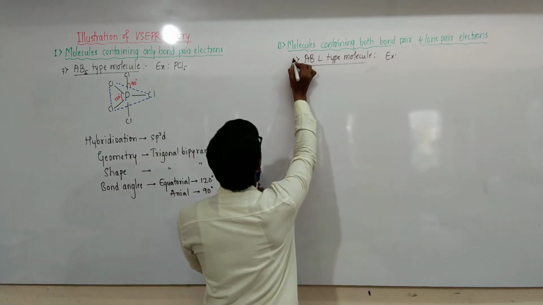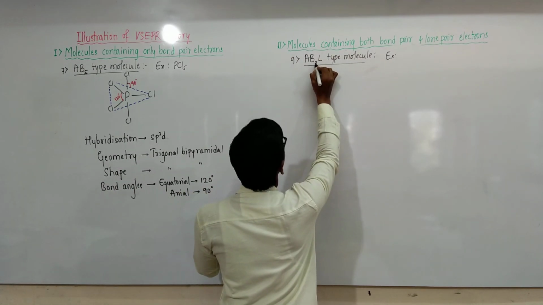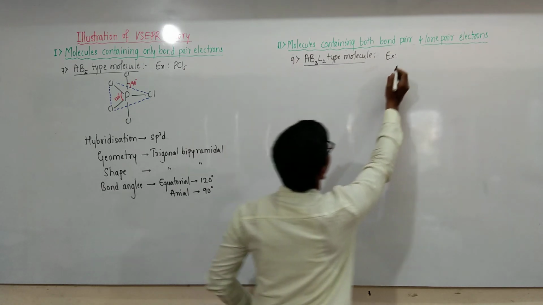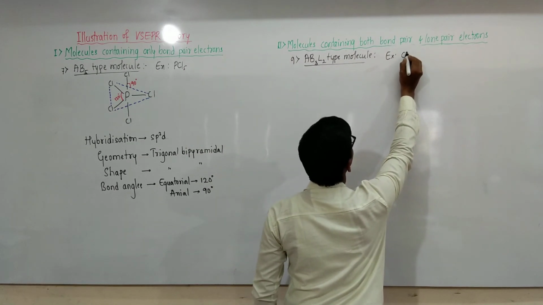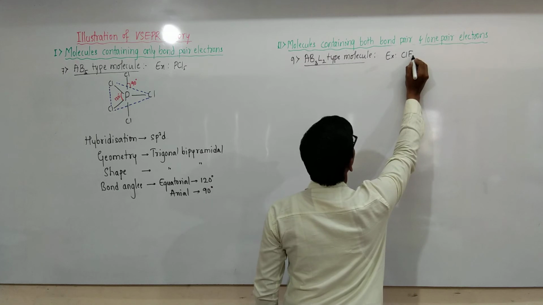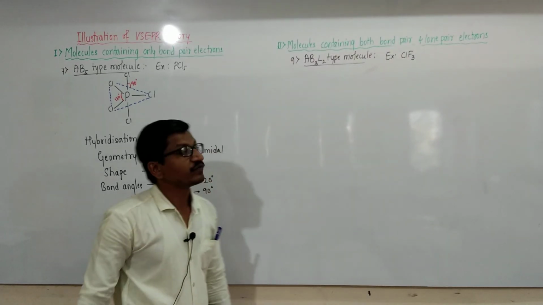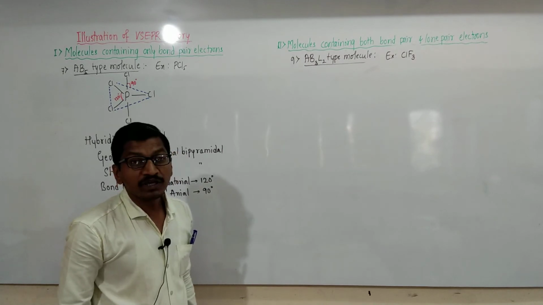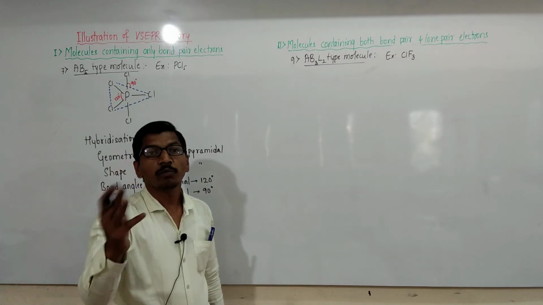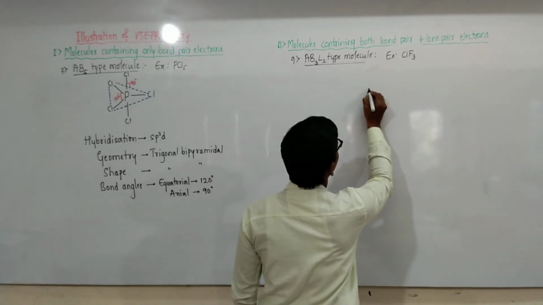Next is the ninth one, AB3L2 type. Example is ClF3. ClF3 is an example for AB3L2 type, 3 bond pairs and 2 lone pairs, and the structure of this is